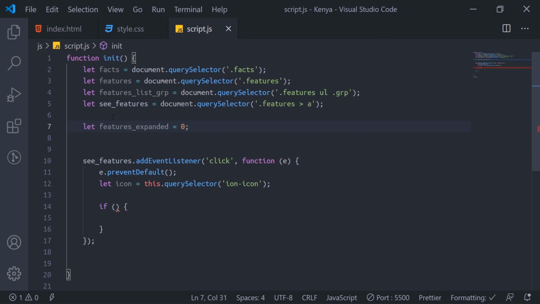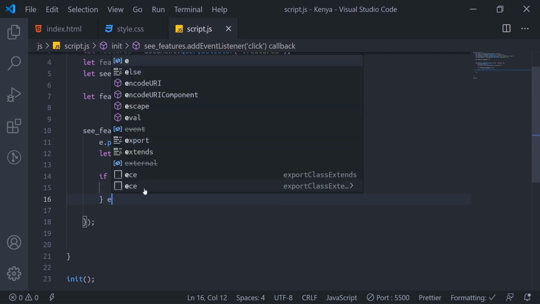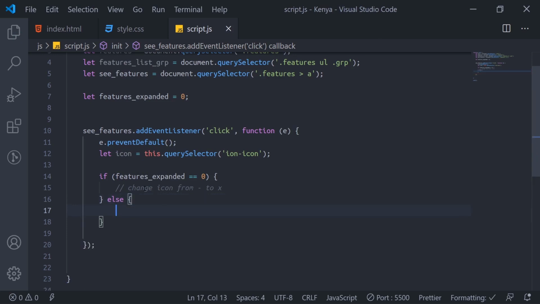So we'll check now: if this feature expanded equals 0, then we change the icon from this to X. Else, if it's not equal to 0, then we change it back.